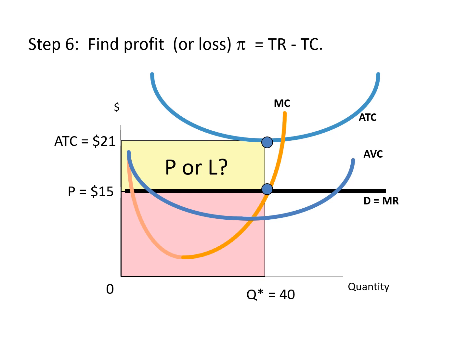Now when we apply the same formula as before to calculate the profit, pi, that being the total revenue minus the total costs, we end up with a negative number. That negative number indicates the firm is making a loss. That is, the area of the upper triangle here will be the size of the loss. So $600 total revenue minus $840 total costs gives a negative $240 of profit, or in other words, a loss